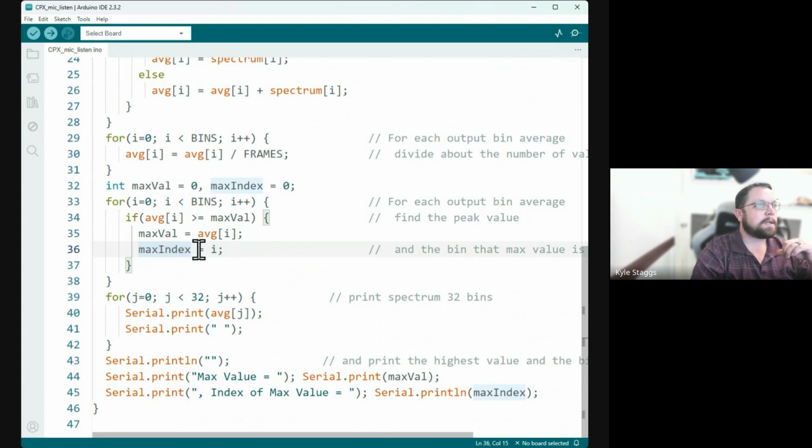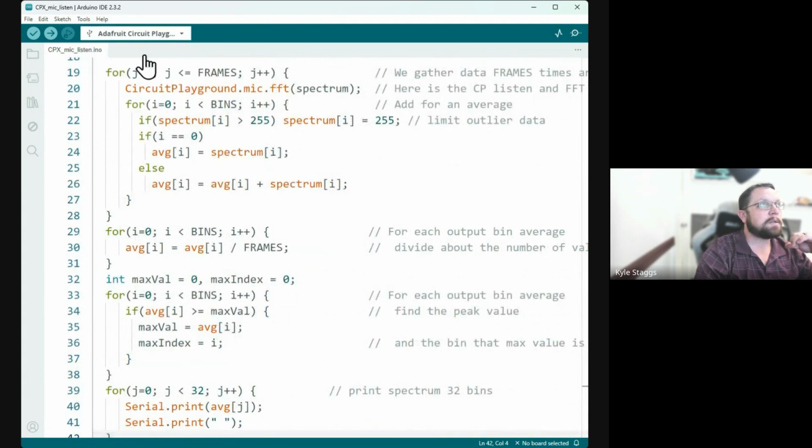And then max index is I each time through. So you update those, and they can become useful things later, because we can serial print the max value, print the index of max value, then serial print line the actual value. So what this does,